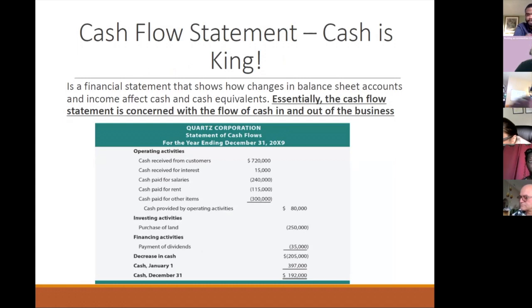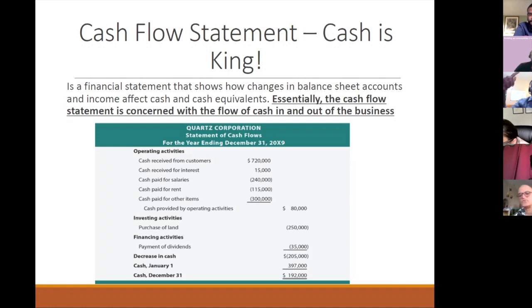So if you do your balance sheet and your P&L on a monthly basis, I encourage everybody to do your cash flow statement too. And the good thing about the cash flow statement is that if you have accounting software, which I think we're going to go into a bit when we have time, it does it automatically for you based on the movement of cash. It calculates the cash flow statement automatically for you.